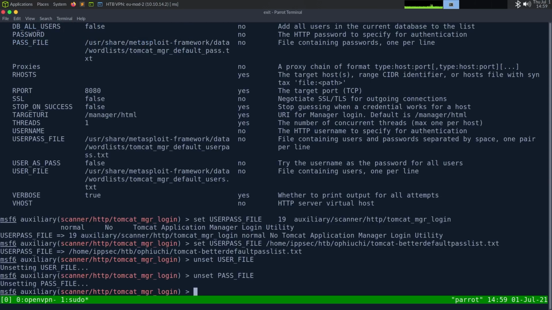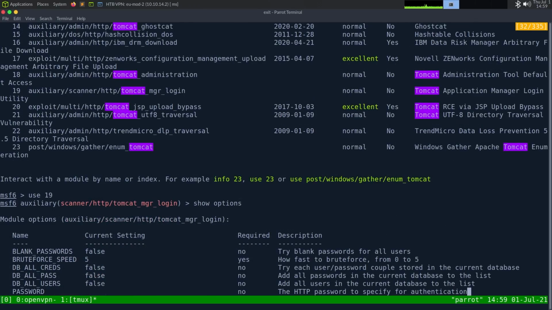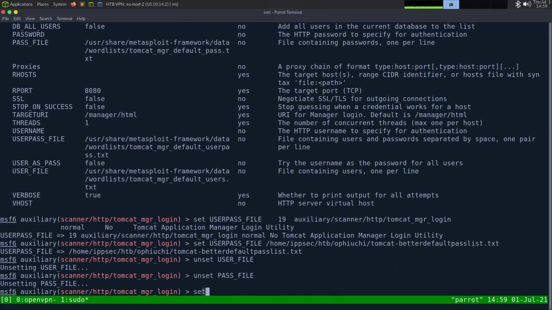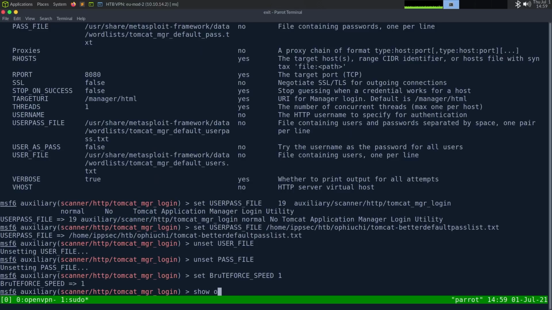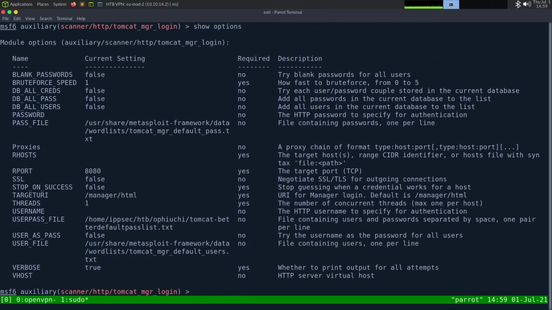And the next thing I want to do is set the brute force speed, 0 to 5. 5 is the fastest. And I think Tomcat has some type of lockout by default. So I'm going to set the brute force speed to 1 because generally that avoids lockout. So there we go. We have to set our host to be